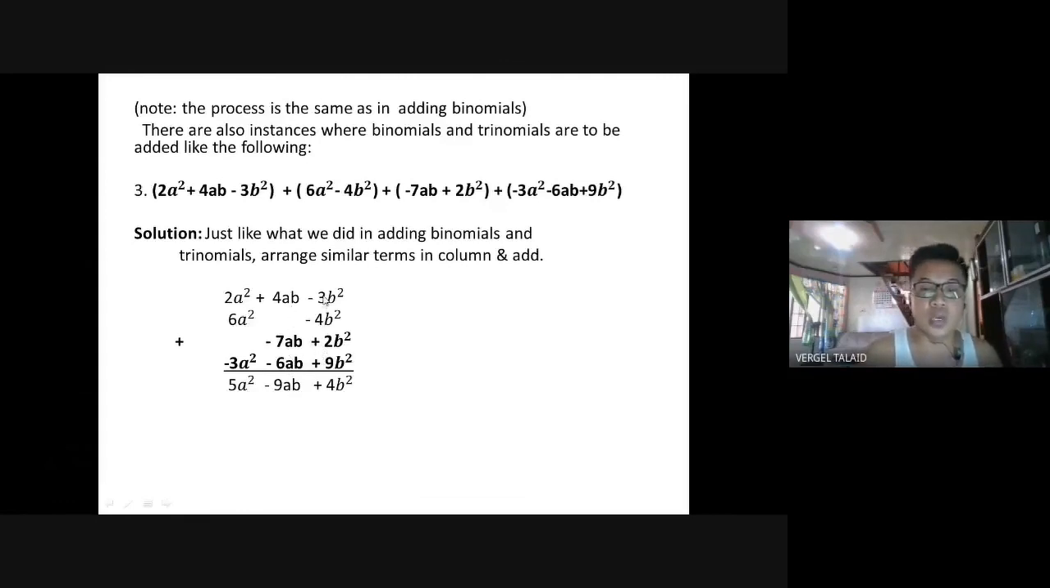This time we are going to add first negative 3 and negative 4, that is negative 7. 2 and 9 is positive 11. So positive 11 and negative 7, you are going to subtract, then copy the sign of the largest absolute value. So the answer is